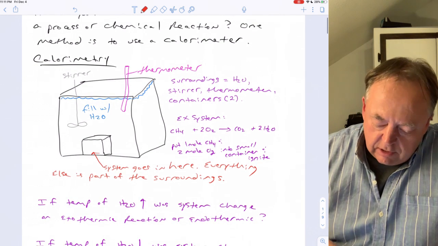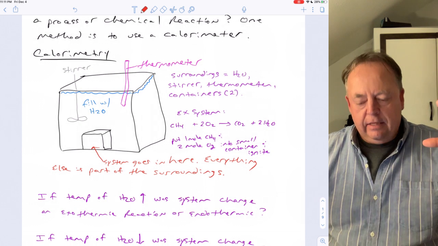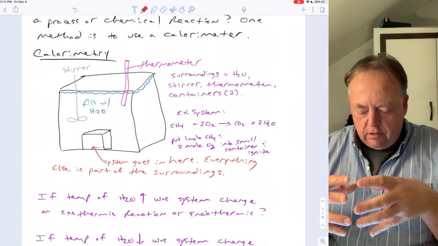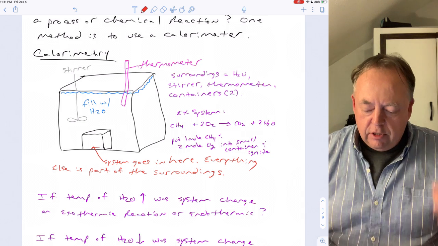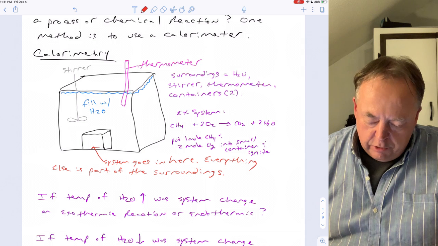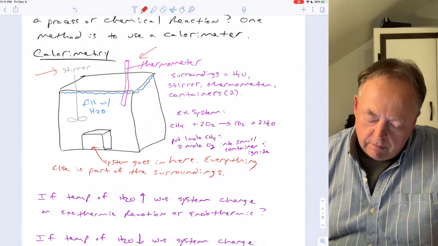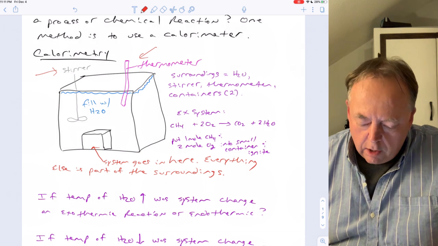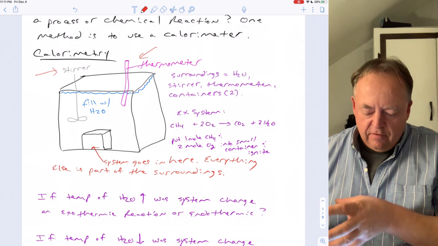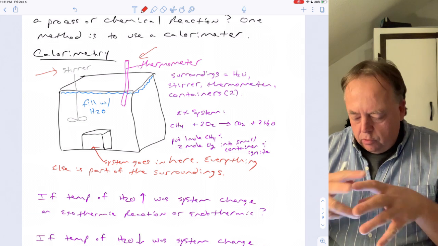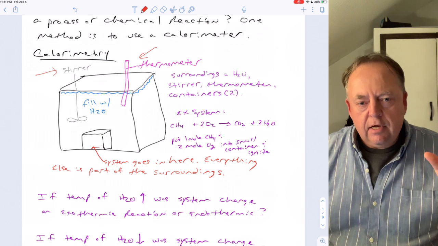So a calorimeter looks something like this. Basically you have a big container, and inside that big container you have a smaller container, which is where the system is. And then the larger container is filled with water, and you have a thermometer in there and a stirrer in there. The thermometer measures the temperature change of the water, and the stirrer makes sure there are no localized pockets of water at different temperatures, right? You want to keep all of the heat change dispersed throughout the entire